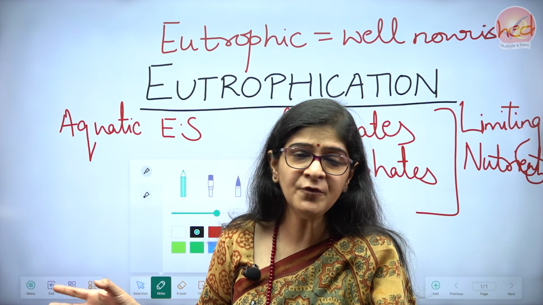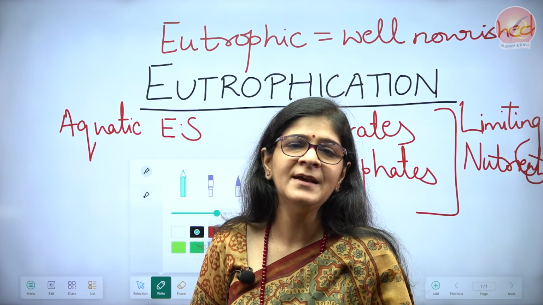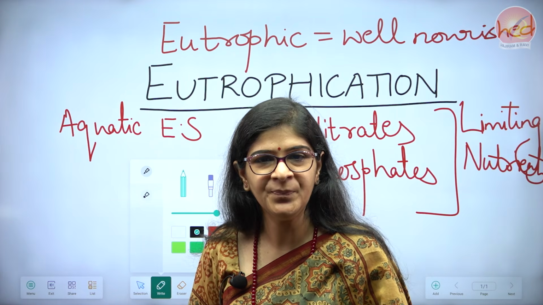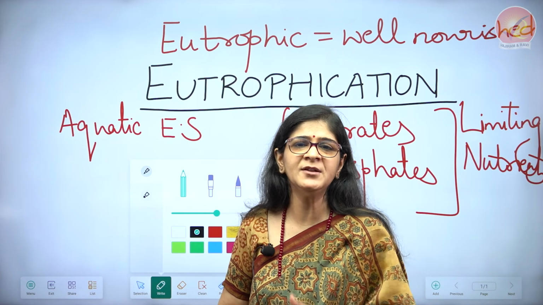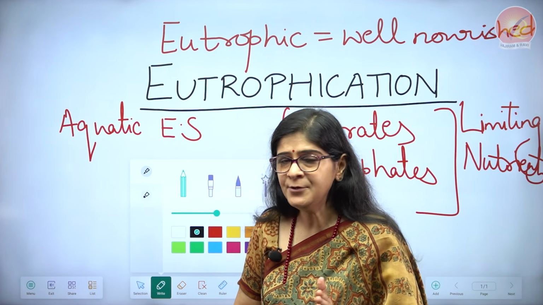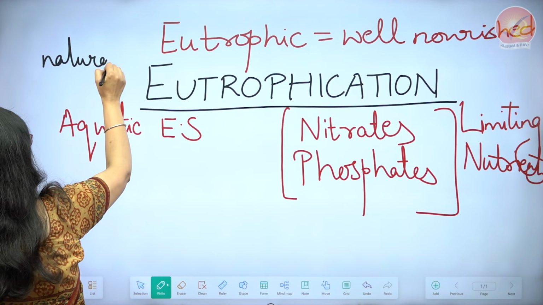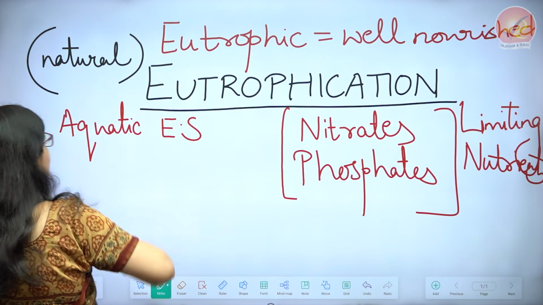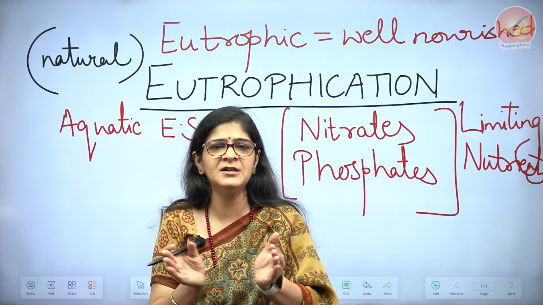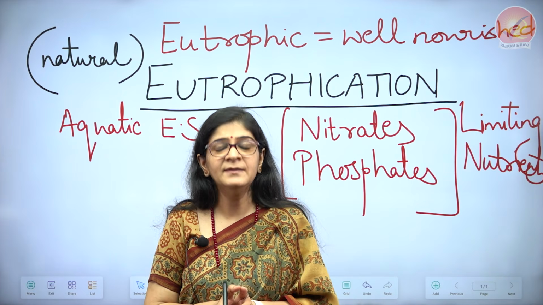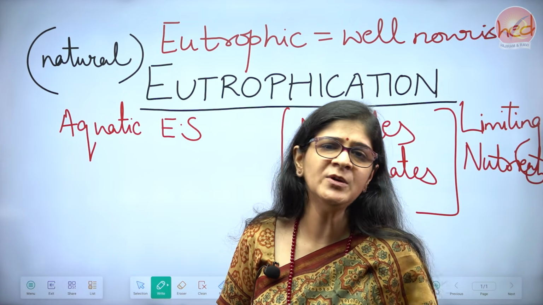That process of change of an ecosystem and its biotic communities, in case you know something about environment and ecology, is what we call ecological succession. But ecological succession remains a matter of discussion for some other time. Right now, getting back to eutrophication. I said eutrophication can happen through natural factors as well. But when it happens naturally, it doesn't become an environmental concern, so it's not an ecological challenge. The ecological challenge being discussed today is the eutrophication caused by humans,